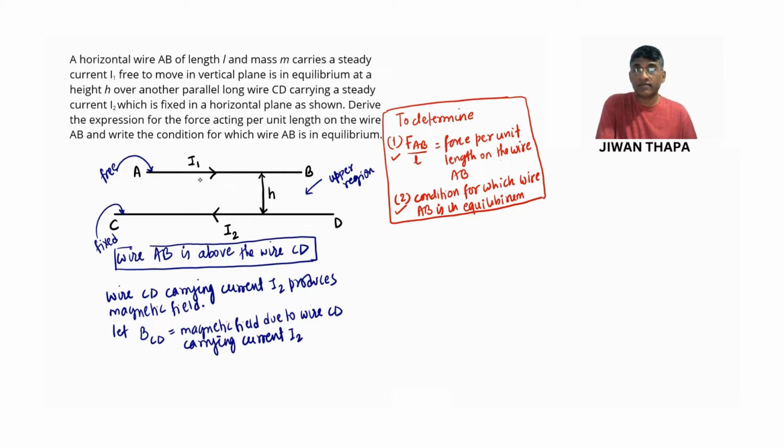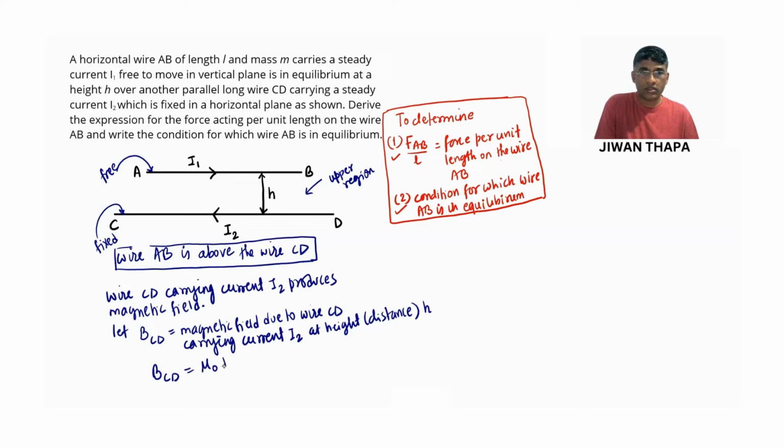As we know, wire AB is at height h above the wire CD. So the magnetic field due to wire CD carrying current I2 at height or distance h